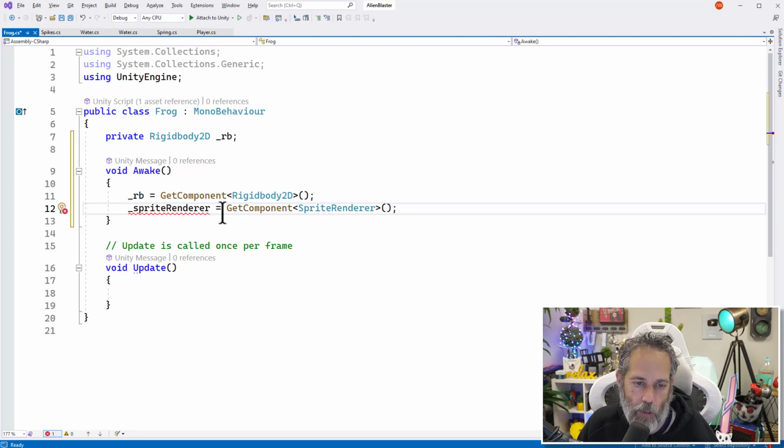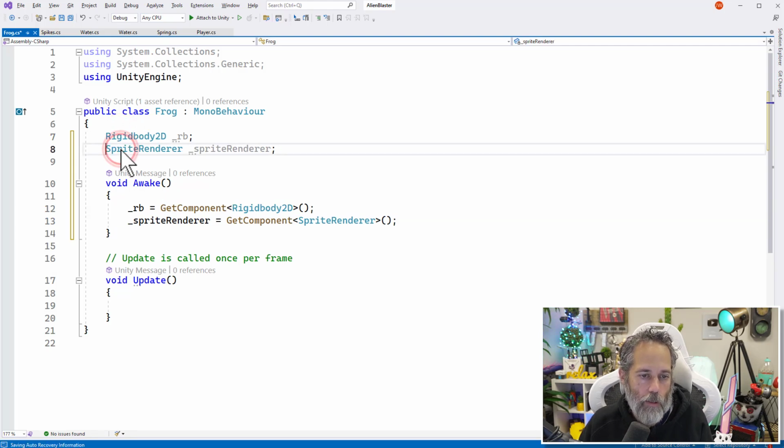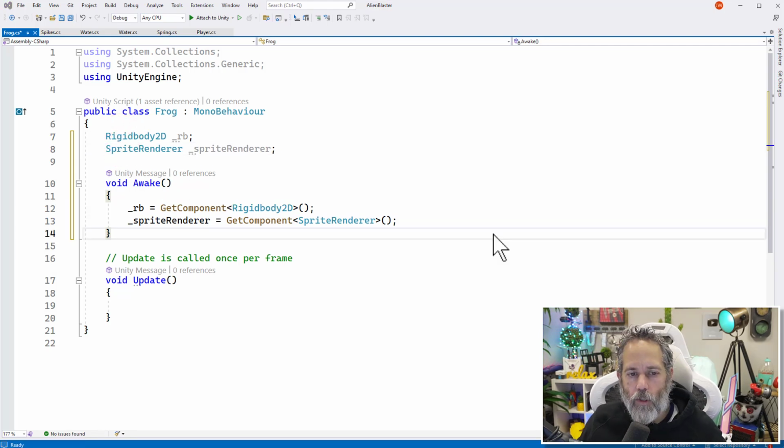So we generate the code to get component for our sprite renderer. I'll hit Alt-Enter and generate the field for the sprite renderer. Remember, we have to click on it first to get rid of these private keywords. Double-click, delete, delete. And now let's look at how we're going to jump, and let's look through a couple different